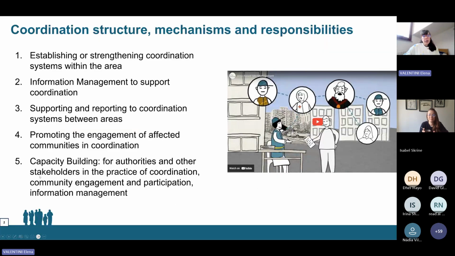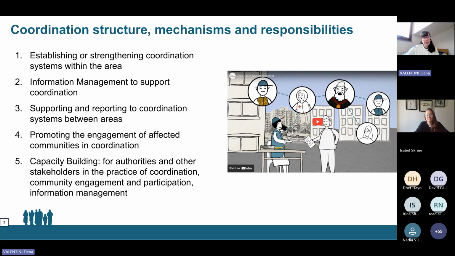So in the guidance note, we also spend a few words on looking a bit more in detail at the coordination structure, mechanism, and responsibility. For those of you who are familiar with previous resources that were published by the Global CCCM Cluster, we say that in an area-based site management framework, coordination happens at two levels, within the area or intra-area and between the areas, or inter-areas. So in this sense, within the area, the site management agency ensures that there is a coordinated approach to service delivery, and also refers to a specific actor gaps and needs for specific services, and